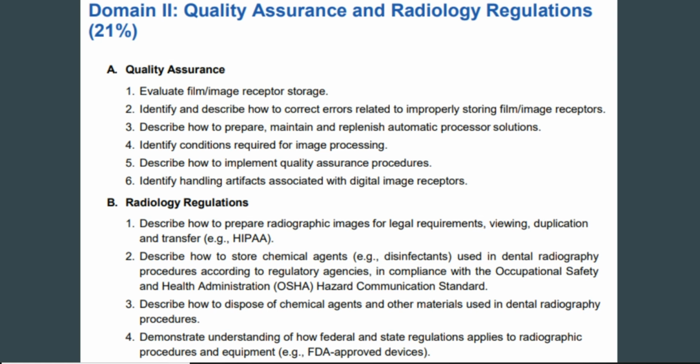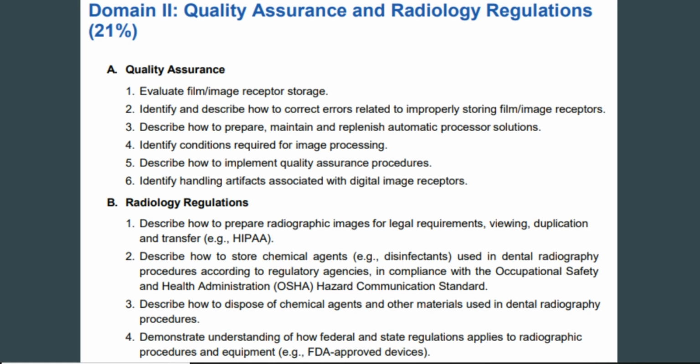Domain 2, quality assurance and radiology regulations. This is weighted at 21%. A is quality assurance. Basically, this is how are we caring for things? How are we making sure that everything is remaining good quality and is going to be diagnostic and able to be used? So evaluating storage,